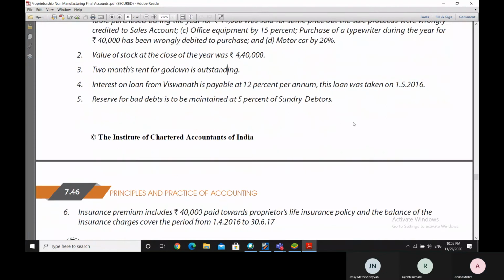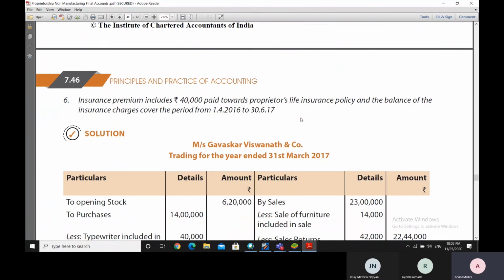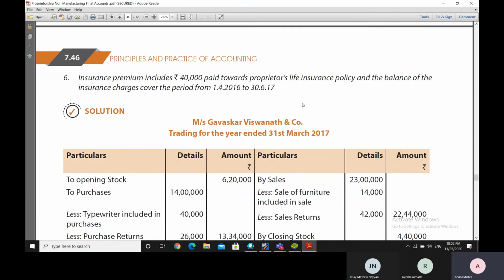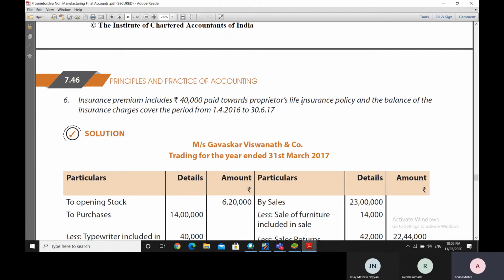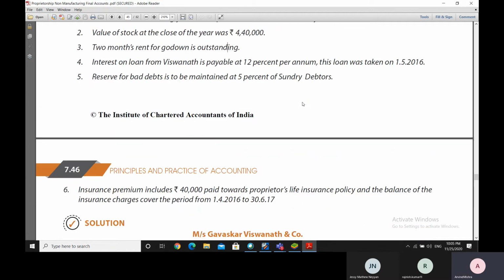And the insurance premium includes 40,000 paid towards the proprietor's life insurance policy. That means this is the proprietor's own policy, and therefore it will be treated as a drawing. And the balance of the insurance charges covered the period from 1/4/2016 to 3/6/2017. So, which means that